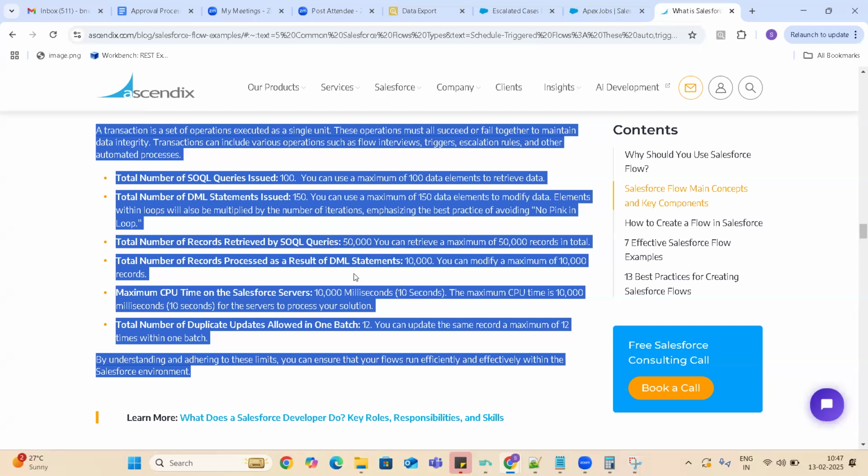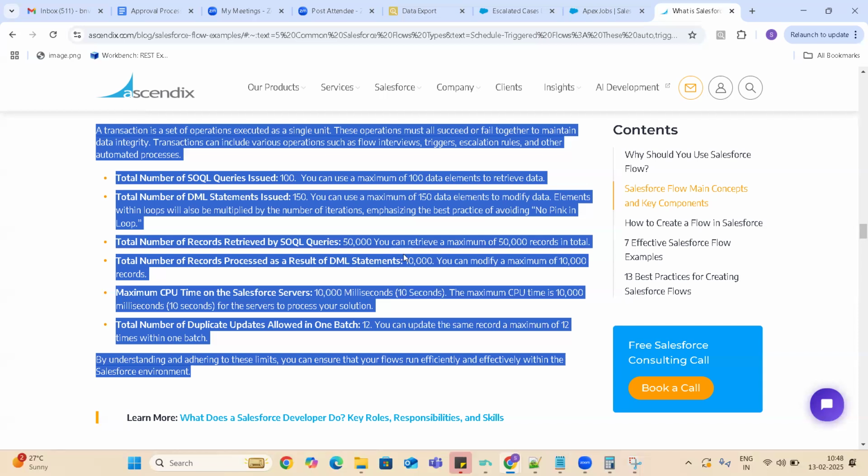DML statements come into play whenever you are trying to create records, like a create record element. As part of the create record, at a time you can insert 10,000 rows, or 1,000 rows or 500 rows. But the DML statement count is just one.